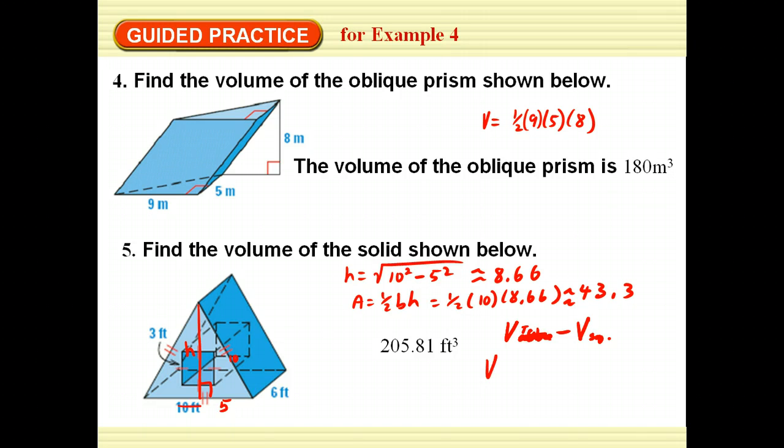And so my volume of my triangular prism is the area of the base multiplied times the height, which is 6 feet in this case, minus the volume of the square prism, which is 3 along each side, so 3 squared times the depth, which is 6, and so that comes out to be 205.81 cubic